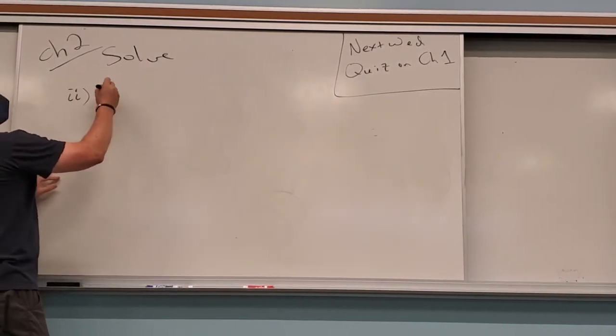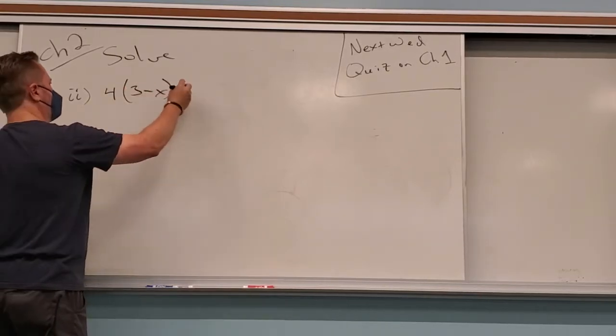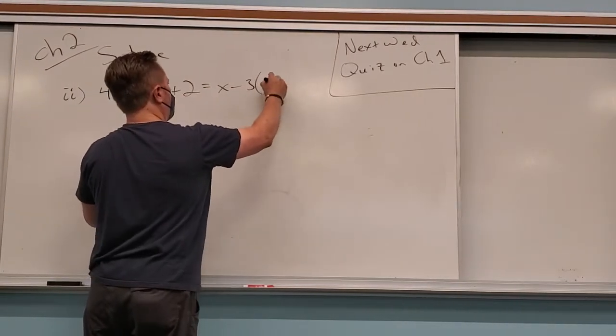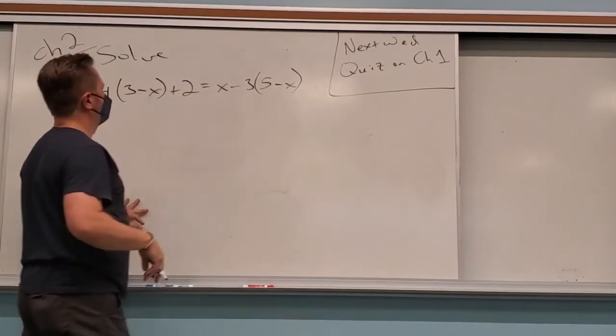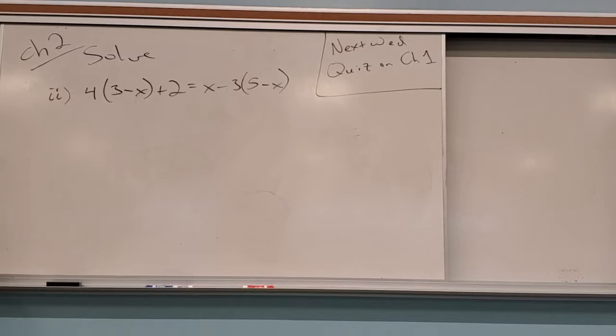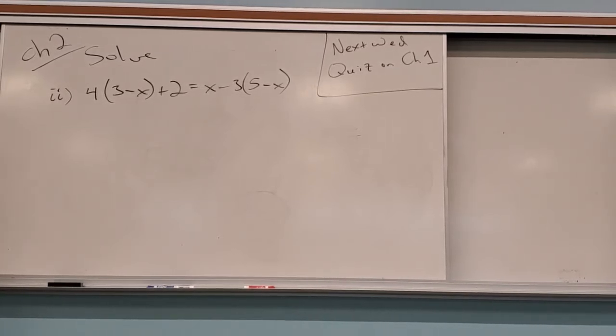There, I'll start numbering. What you got, Jeff? 4 times (3 minus x) plus 2 equals x minus 3 times (5 minus x). That's funkadelic. Ooh, I like it. That's gonna be neat. Funky. All right, so this sort of came up